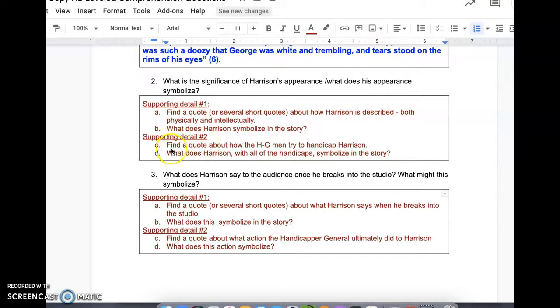The second part of the second supporting detail is, what does Harrison, with all of the handicaps, symbolize in the story? So then you have to think about him versus when he doesn't have the handicaps, and then when they have the handicaps on him. Once you answer these, then you're going to be using that in your next step. So do this part first.